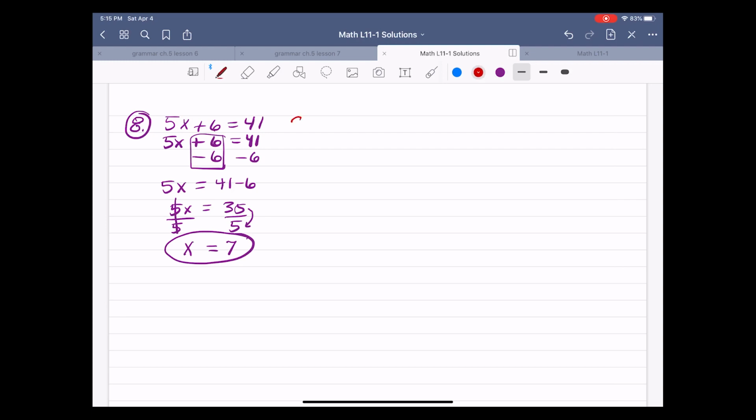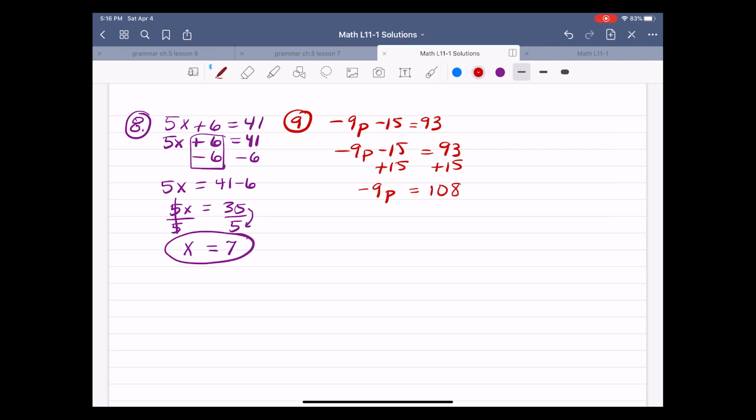Number 9. Negative 9p minus 15 equals 93. Right here, I noticed right off that my variable is p, and I have a negative 9 being multiplied by p, and I'm subtracting 15. So first, I want to get rid of that negative 15. What I'm going to do is add 15 because that's the inverse, that's the opposite. If I add it to the left, I have to add it to the right, and I'm left with negative 9p equals